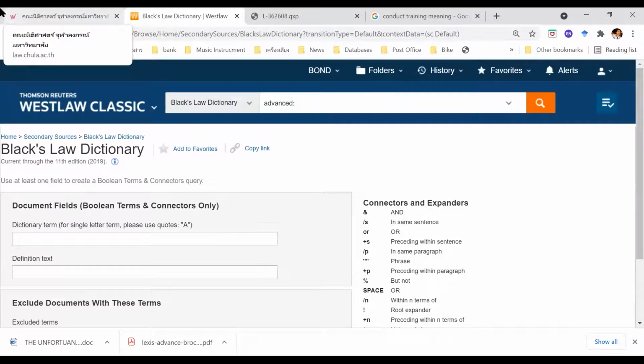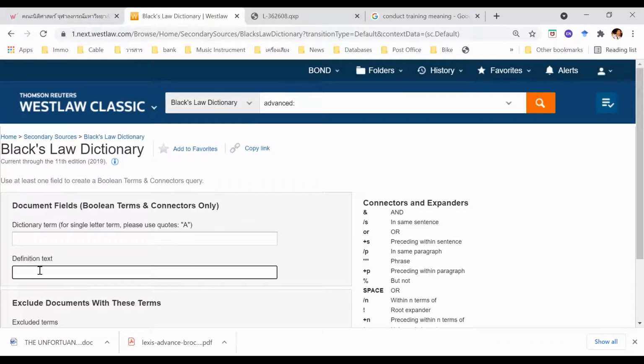I use Westlaw, I use the backlog searching for me. So another way to use the dictionary is, you just know the general term, but you don't know the legal terms. Suppose I remember rapes, just type rape. Rapes, you just type in a box definition text. It means,